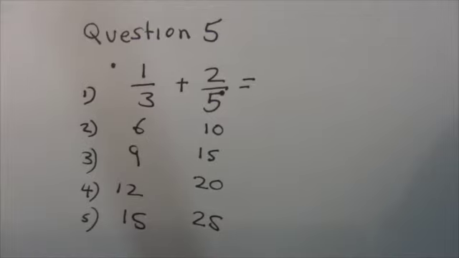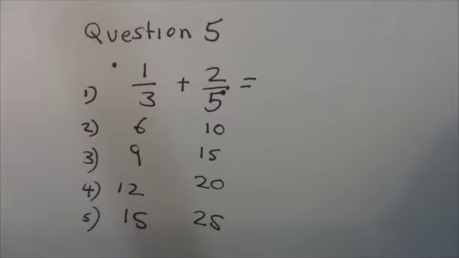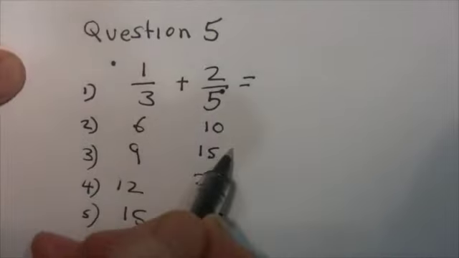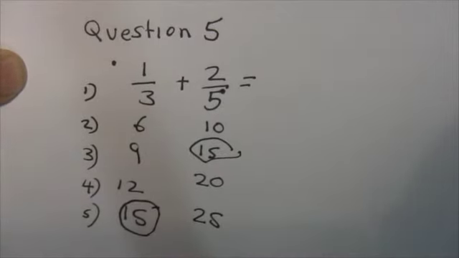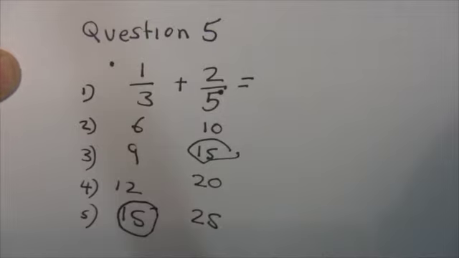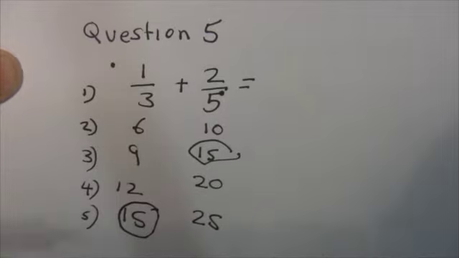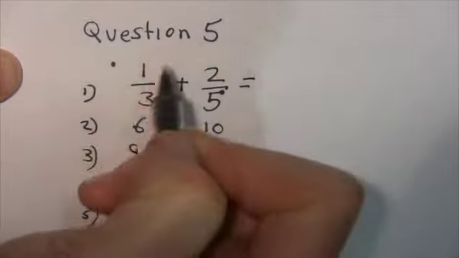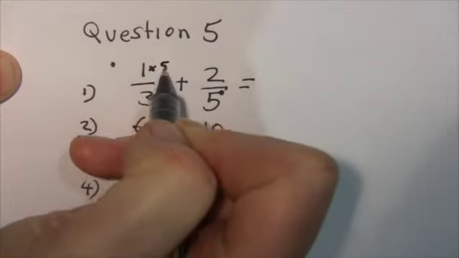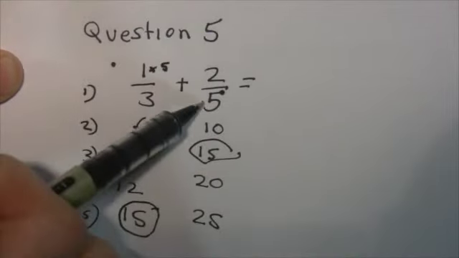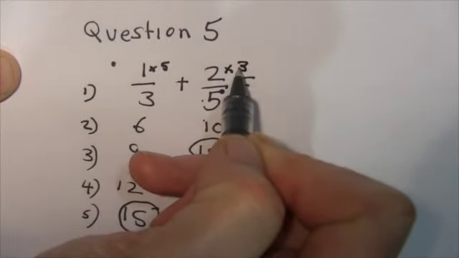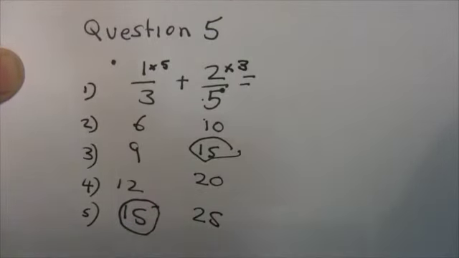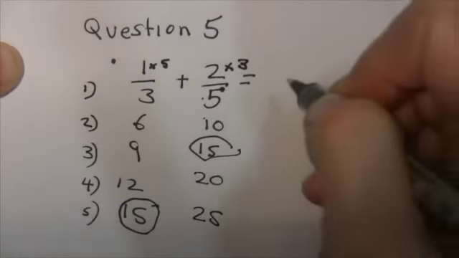Is there a number in both those columns that is the same? Well, I've got 15 here and 15 here. The new denominator will be 15. Now in this column I went down to the 5, so I'm going to be timesing by 5. And in this column I went 1, 2, 3, so the top number will be timesed by 3. And we end up with